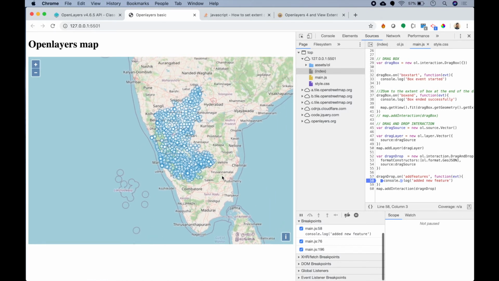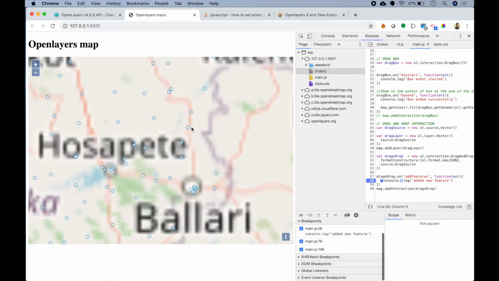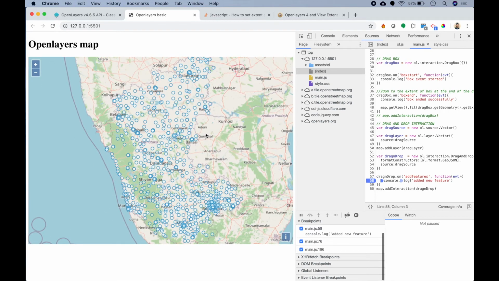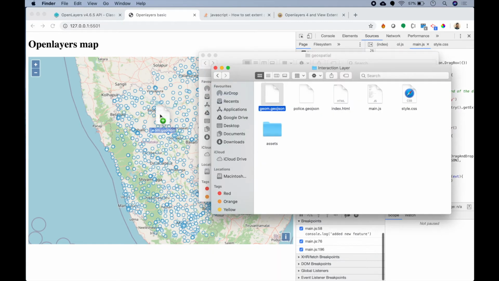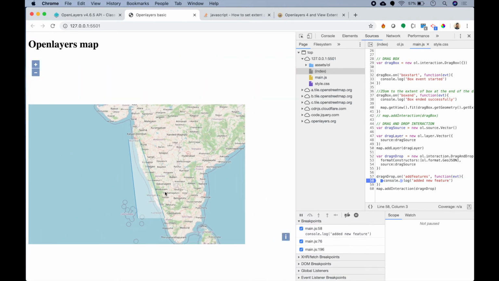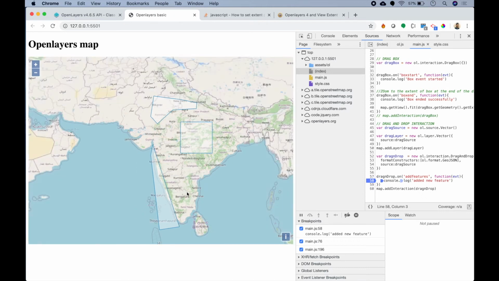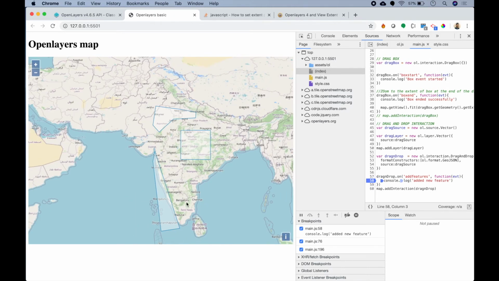So I can try to create some models or change my map's color or something like that on adding this information, or do something when I'm adding something new to my map. So I'm deleting the previous one and I'm adding new data to it. So alright, these are some things that you can do with the drag and drop interaction.